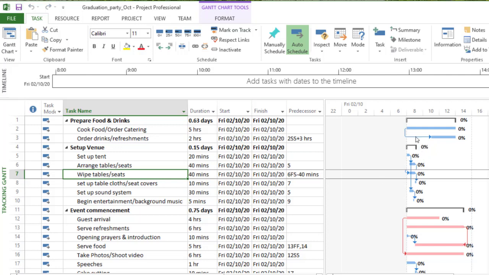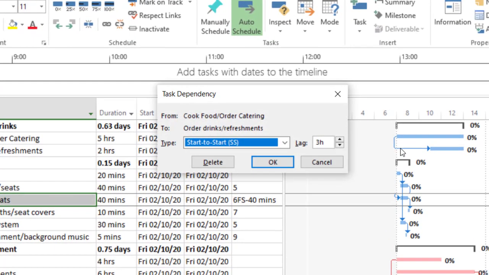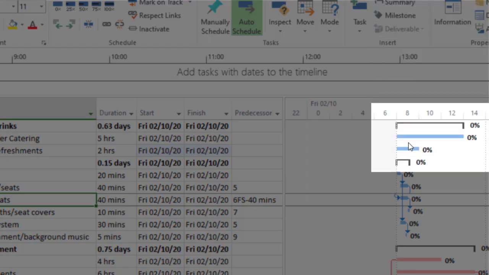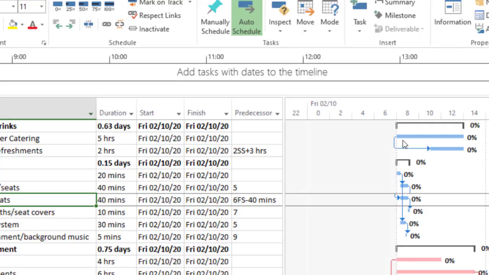You can also remove this. Now, let's remove the dependencies between food and the drinks. You can double click on this line and you get the task dependency dialog. Then you can click on delete and that dependency is deleted. We'll bring it right back. The other way you go about it is,